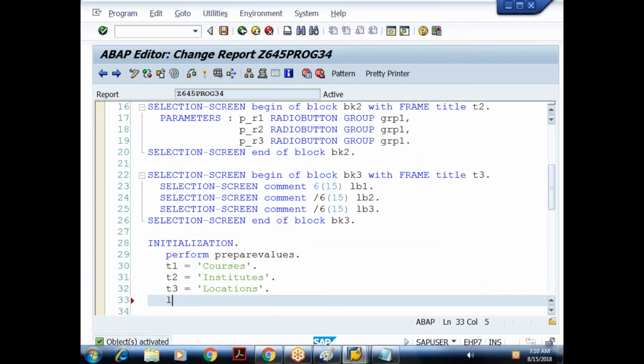Okay, fine. Then I'll give the text for the labels also. So I'll say something LB1. Some text I'll give.